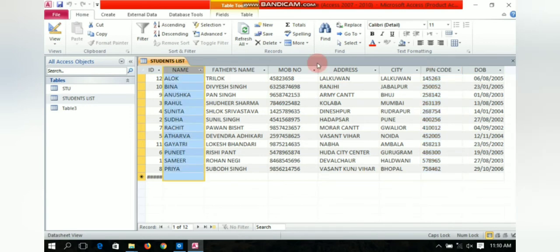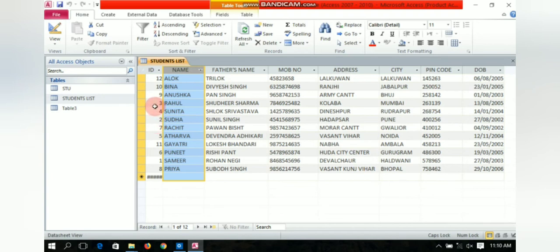Next is freeze columns. Freezing a column in MS Access refers to making the selected column appear at the leftmost side in a table, okay, and making it visible at all times irrespective of the direction you scroll, okay?